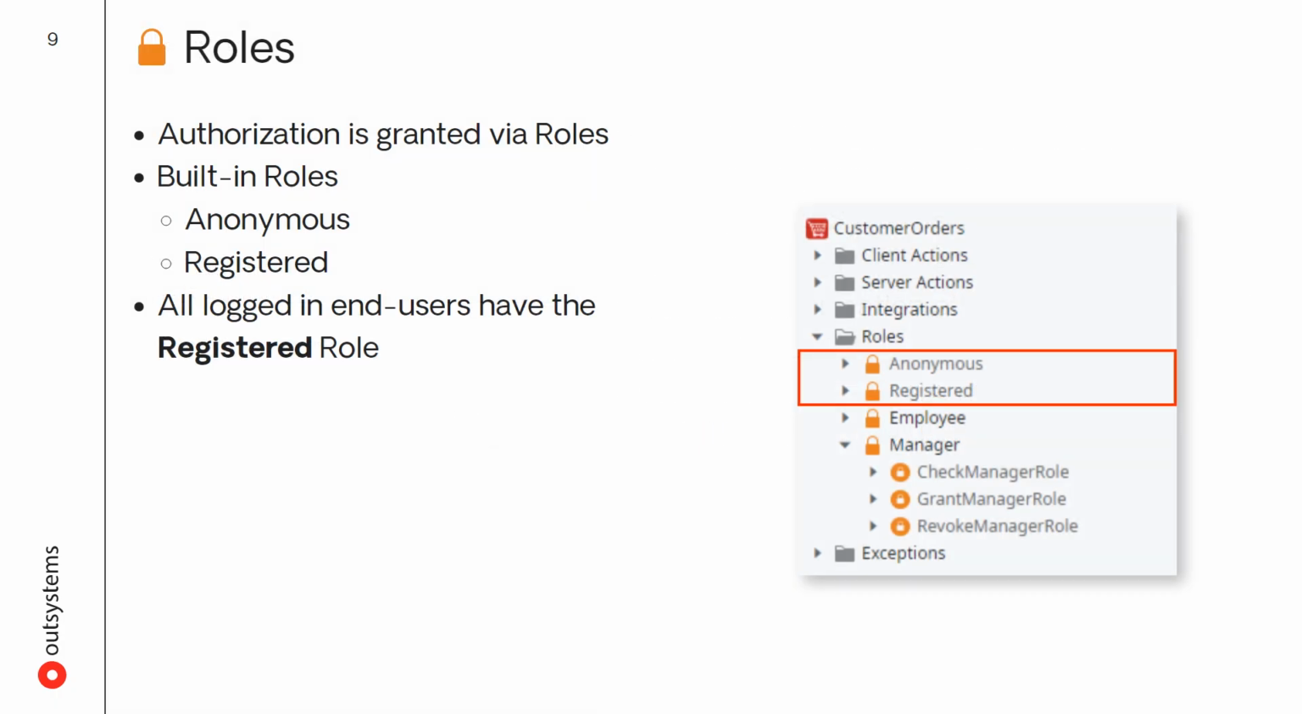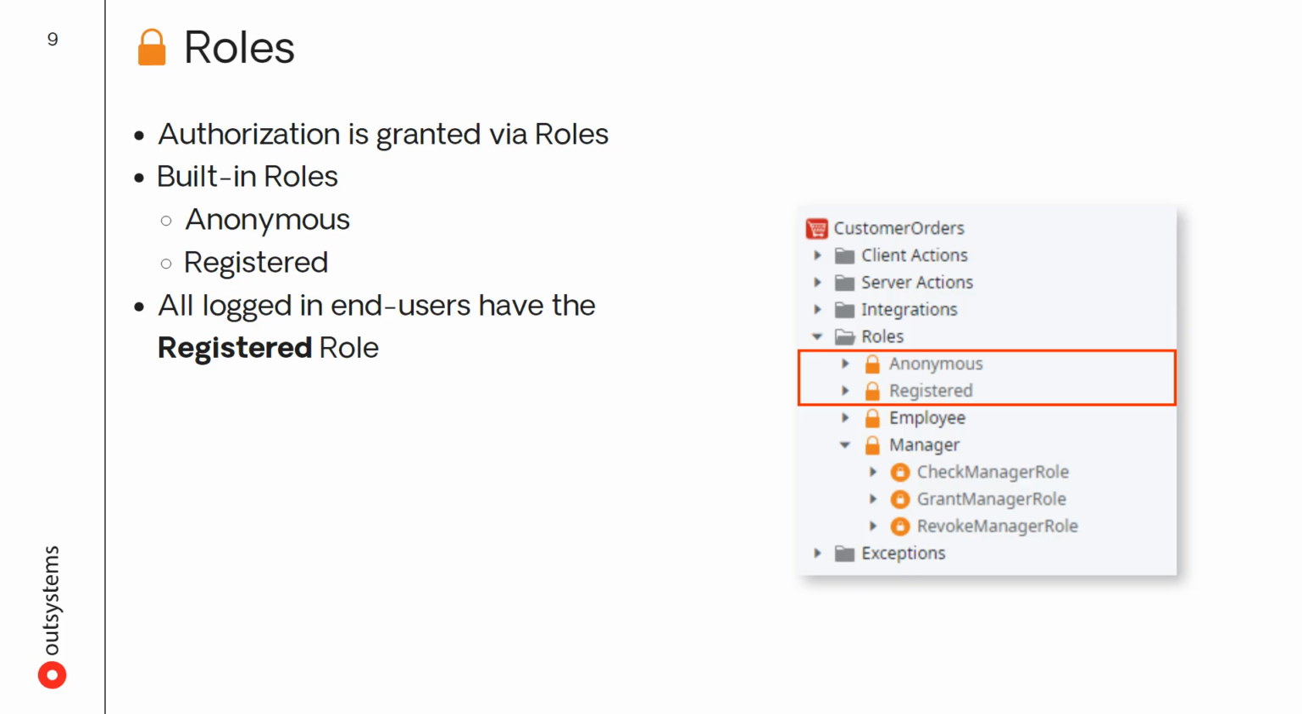Now that we have users, it is important to determine what they can do. In OutSystems, authorization is granted through roles. Roles are elements that we can easily create in our applications in Service Studio. There are two built-in roles, Anonymous and Registered. Any user has the Anonymous role, since it includes anyone that may access our application, even if we don't know